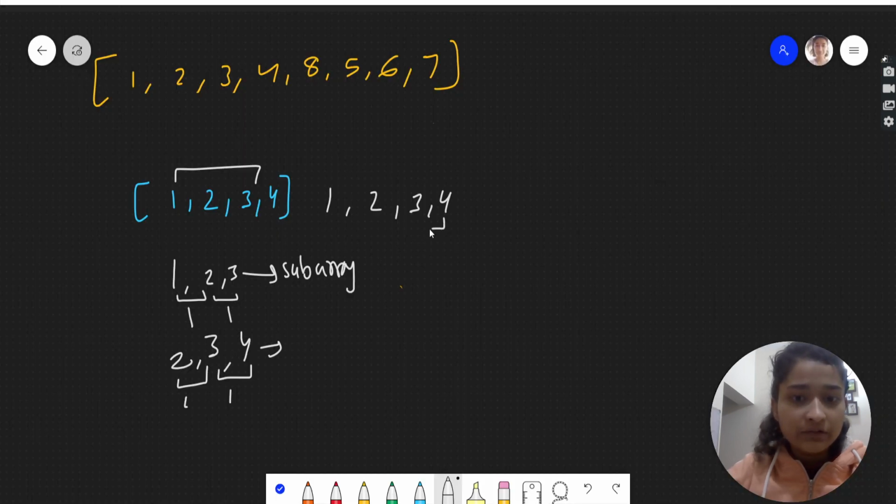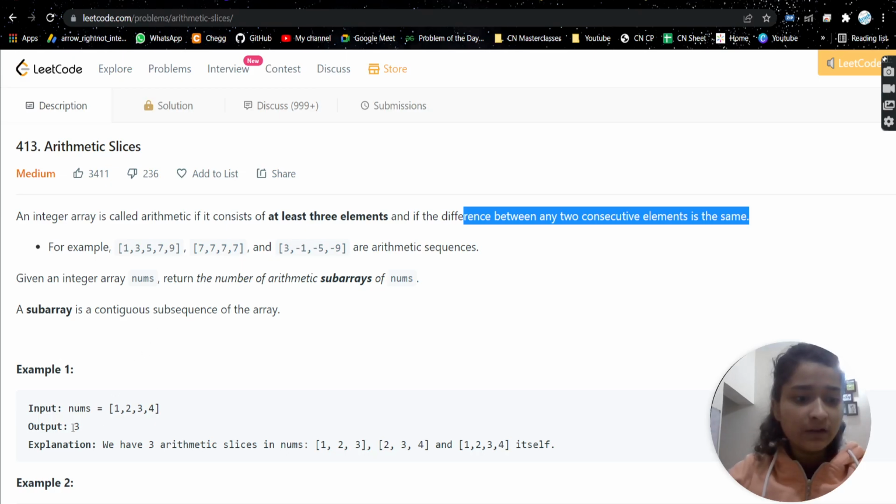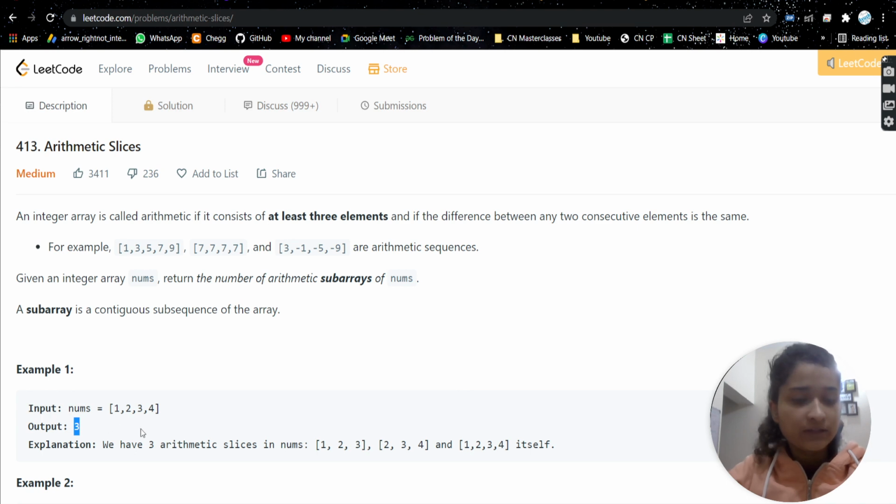So here the differences between consecutive elements are the same: 4 minus 3, 3 minus 2 and 2 minus 1. So this could also be an arithmetic subarray. So there are three arithmetic subarrays, and the output for this test case will be 3.